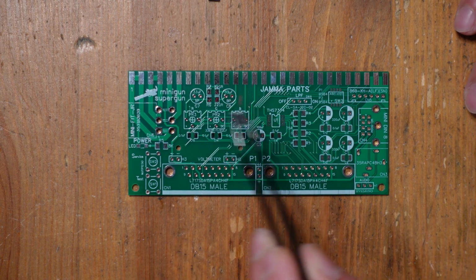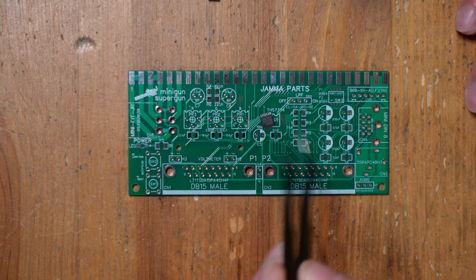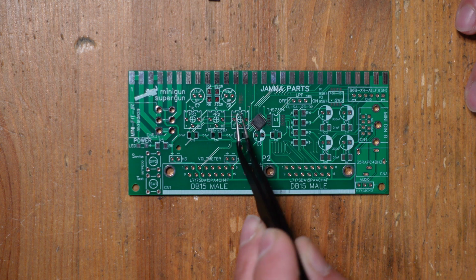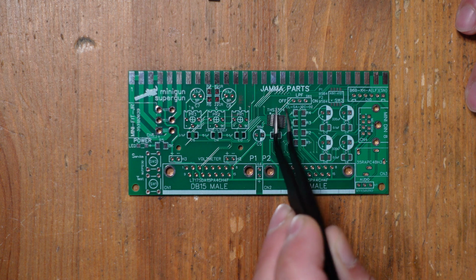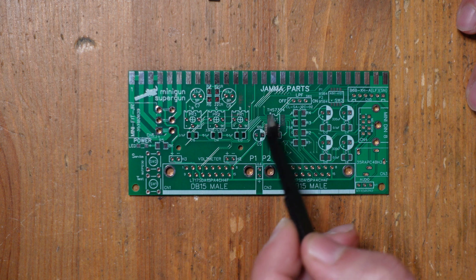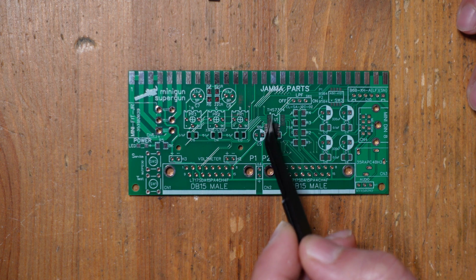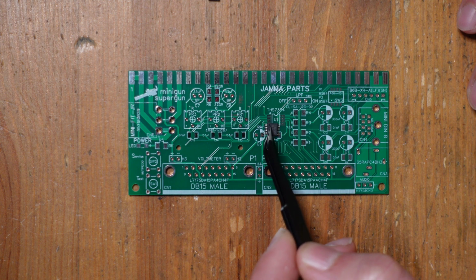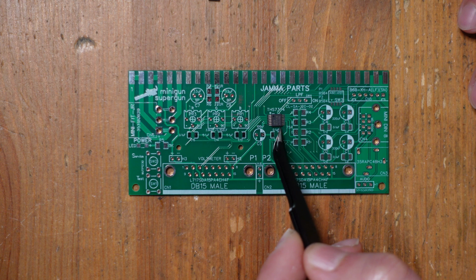There's one surface mount chip, which is this one right here. This is the THS7374. This is an RGB encoder, so it's kind of like the heart and soul of the whole thing. So we're going to set that right over here. And you can see this is a really nice silk screen. It has lots of good information about what you need to do. So this little dot here tells you that the chip should be facing this way. If you can see here, there's also a dot on the chip. So you just line those two up with each other,